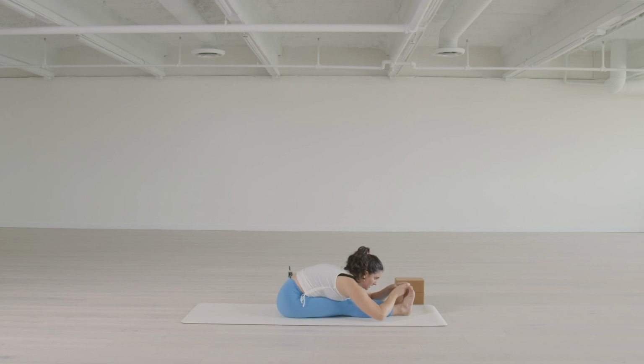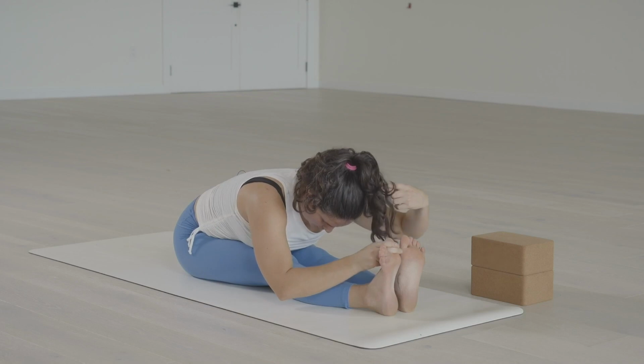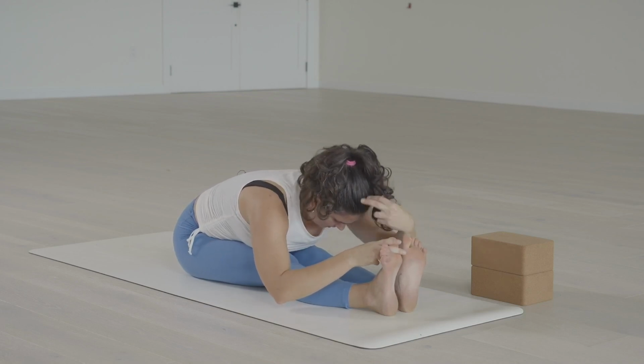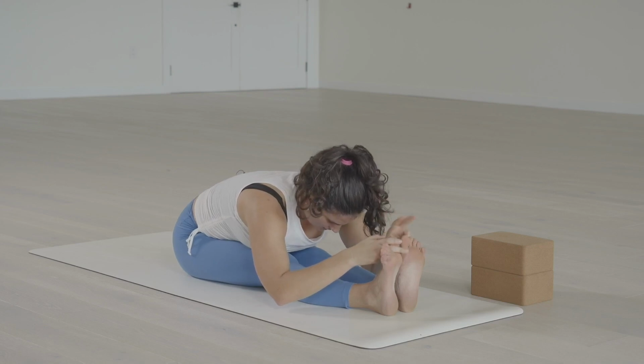but if you're in it deep enough, then maybe looking at the toes might be like straining the neck a little bit. And that can even like block the flow of the breath. So if you're in it deep, and gazing towards the shins feels better for the neck, and it also feels better to keep the energy moving out through the crown of the head, then pretend like your eyes are at the top of the head,